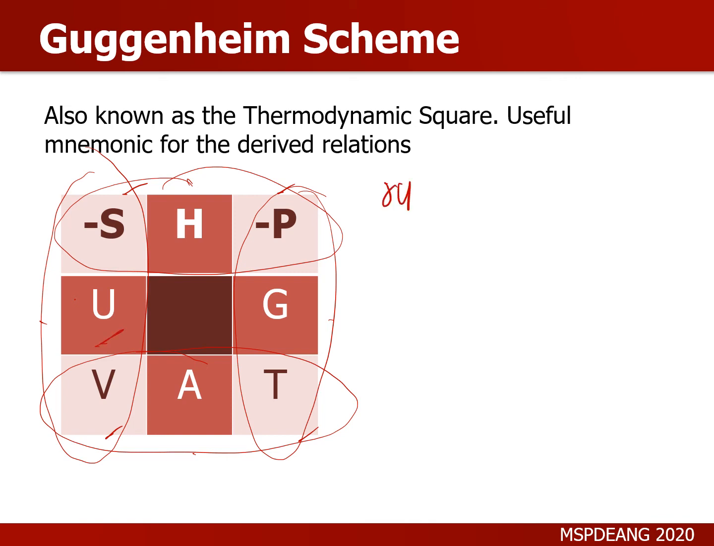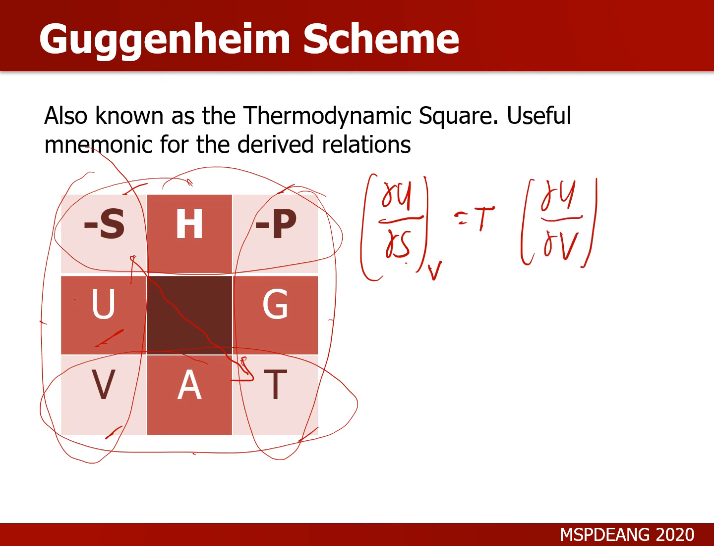Then you choose what you want as its denominator. So, let's say S. So, partial of S, and of course the other one at constant V. Whatever is in the denominator, which is S, directly on the diagonal is its equivalent. So partial of U with respect to S at constant V is equal to T. And in the same way, partial of U with respect to V at constant S is equal to negative